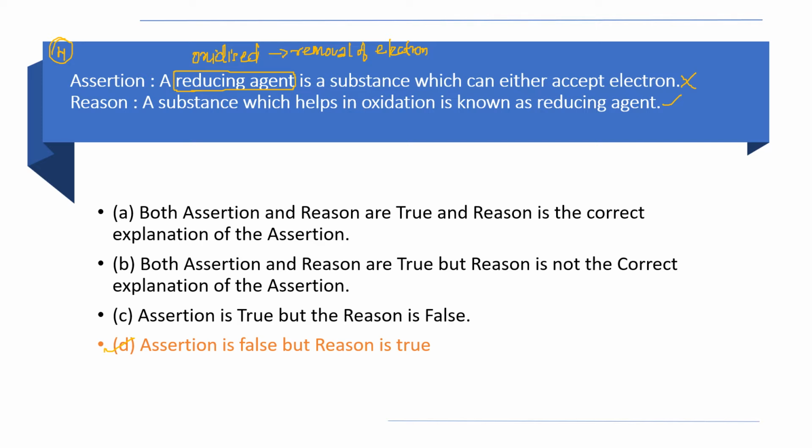So I will tell you another example. CuO plus Zn gives Cu plus ZnO. Now all of you please listen here. Here the oxidation state of copper is plus 2 and here the oxidation state is 0. So here oxygen is removed. Oxygen removed means this is the substance which undergoes reduction.